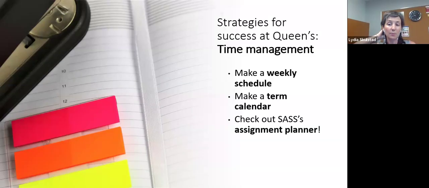At Queen's, the typical expectation is that you will manage your time independently. So this means that you'll need to keep track of all of your commitments in class and outside of class and prioritize those tasks. Decide which things are more important and less important, determining what tasks should get more of your time and attention than others. So it's a great idea to make a weekly schedule to organize your time throughout the week, scheduling your work and study time, and also knowing when you are going to socialize and have fun, when you are going to cook, when you are going to sleep.